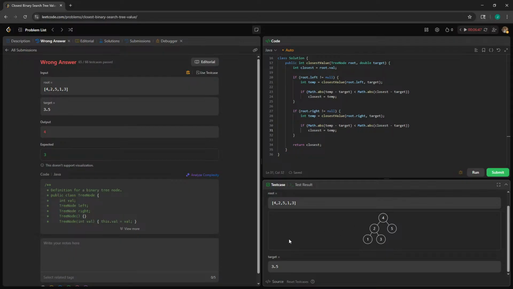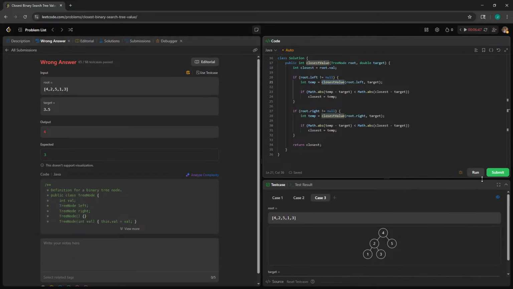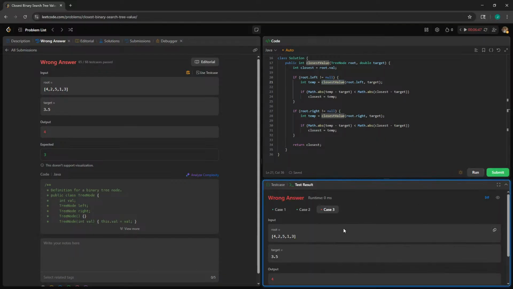3.5. Okay. So 3 is there. 4 is up here. So we return the closest. Oh, we have baby talking time, I guess. But if the left root is not null, then we find the closest value. So basically, I'm assuming this is returning 3 or 4. Oh,